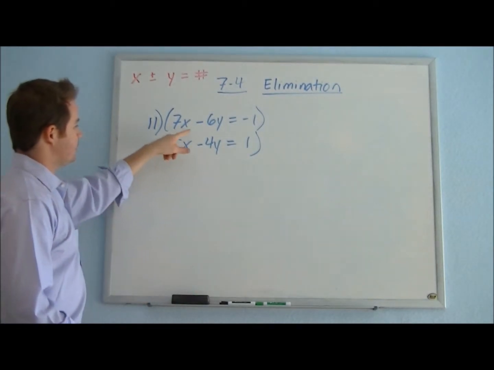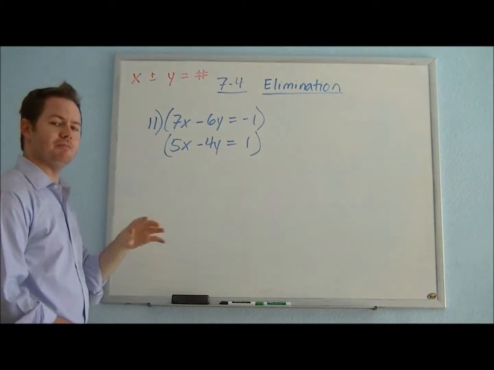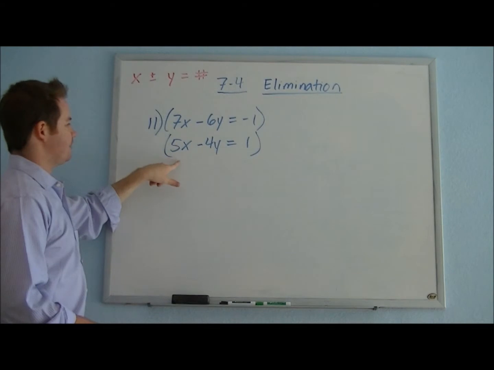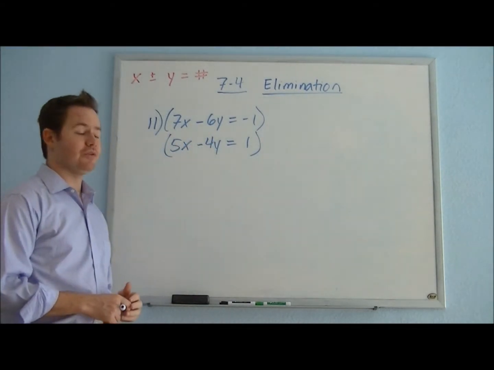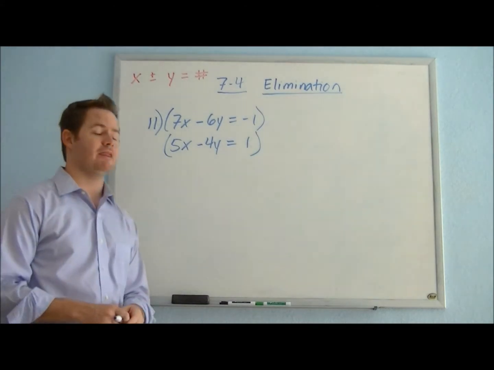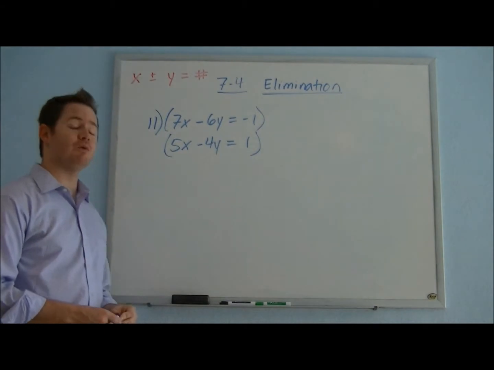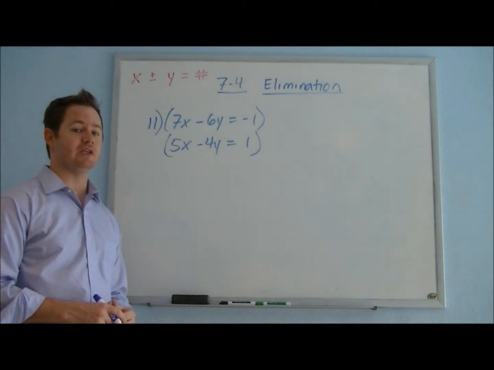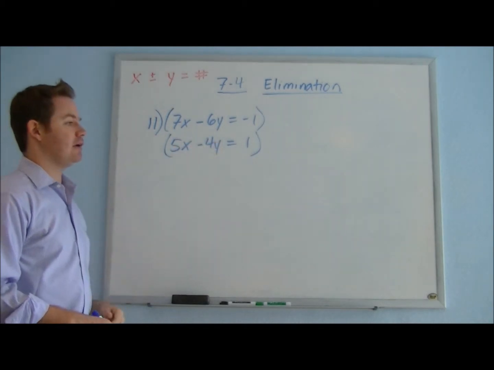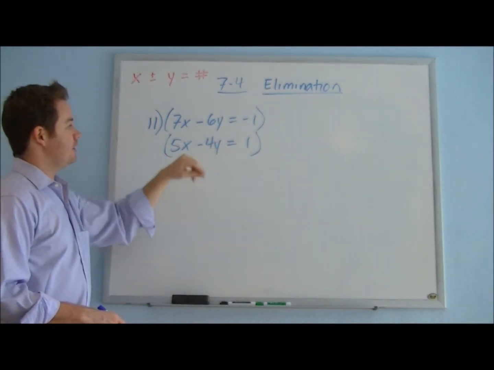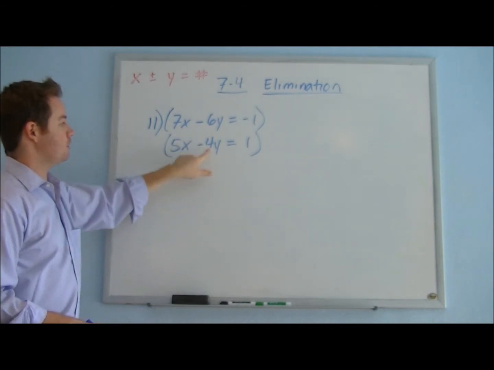So here we see that the coefficients on our y terms, -6 and -4, are smaller values than 7 and 5. So let's see if we could figure out the least common multiple between 6 and 4. So if you said 12, you're correct. Both 6 and 4 divide into 12 evenly, which means that for these variables to cancel out, we need to try to multiply each equation by something in order to make the coefficient on your y term equal to 12